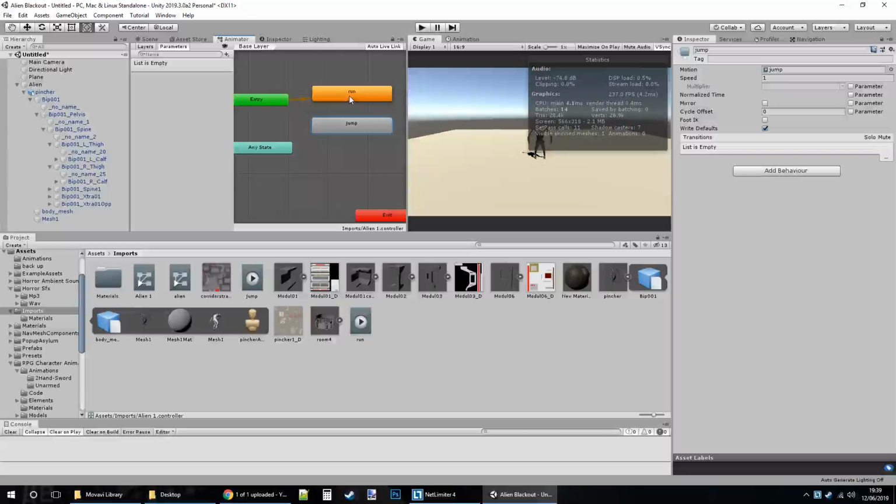So if you just wanted to show off a whole list of animations, one after the other, all you need to do is right click on the one you want to go from, click make transition, and then left click on the one you want to go to, and that's it. So if I were to press play now,